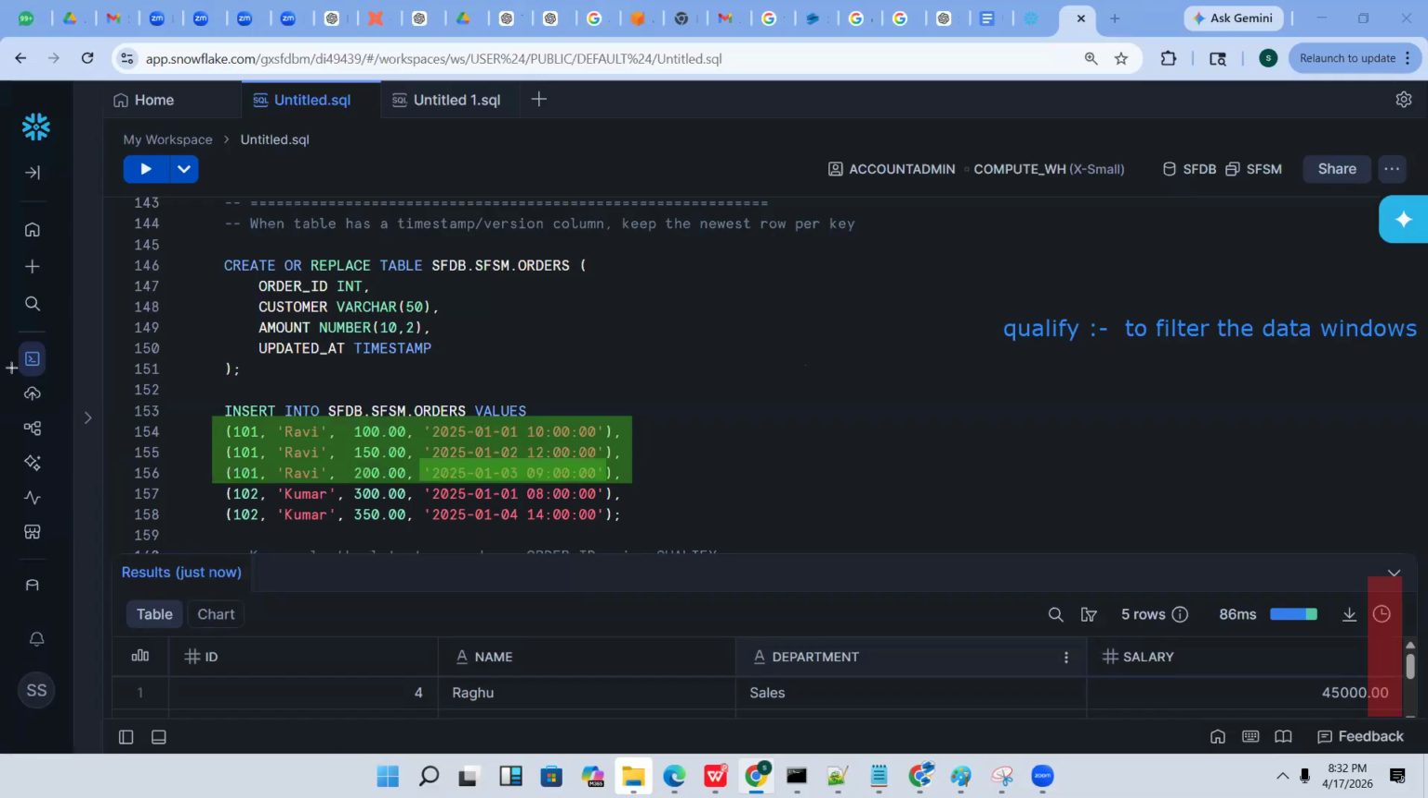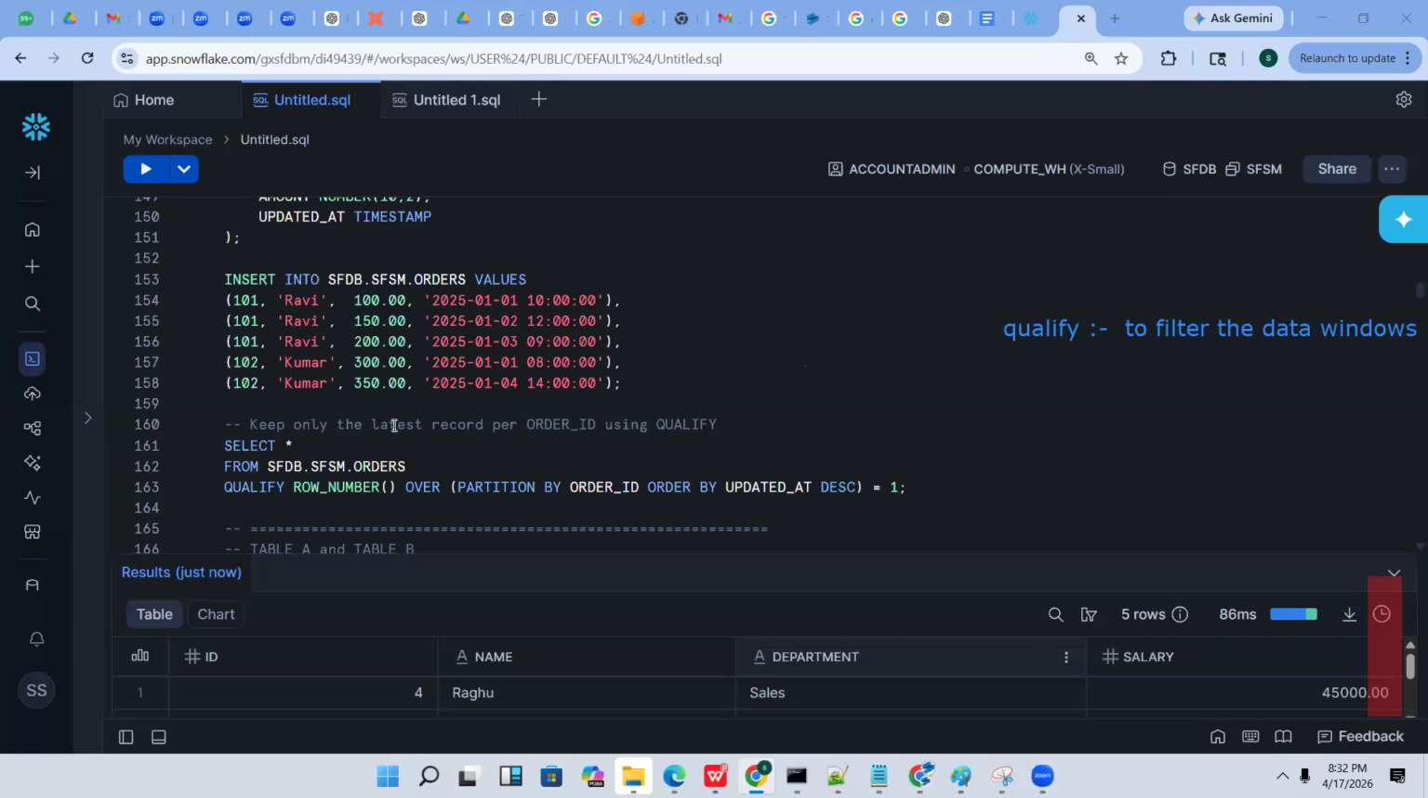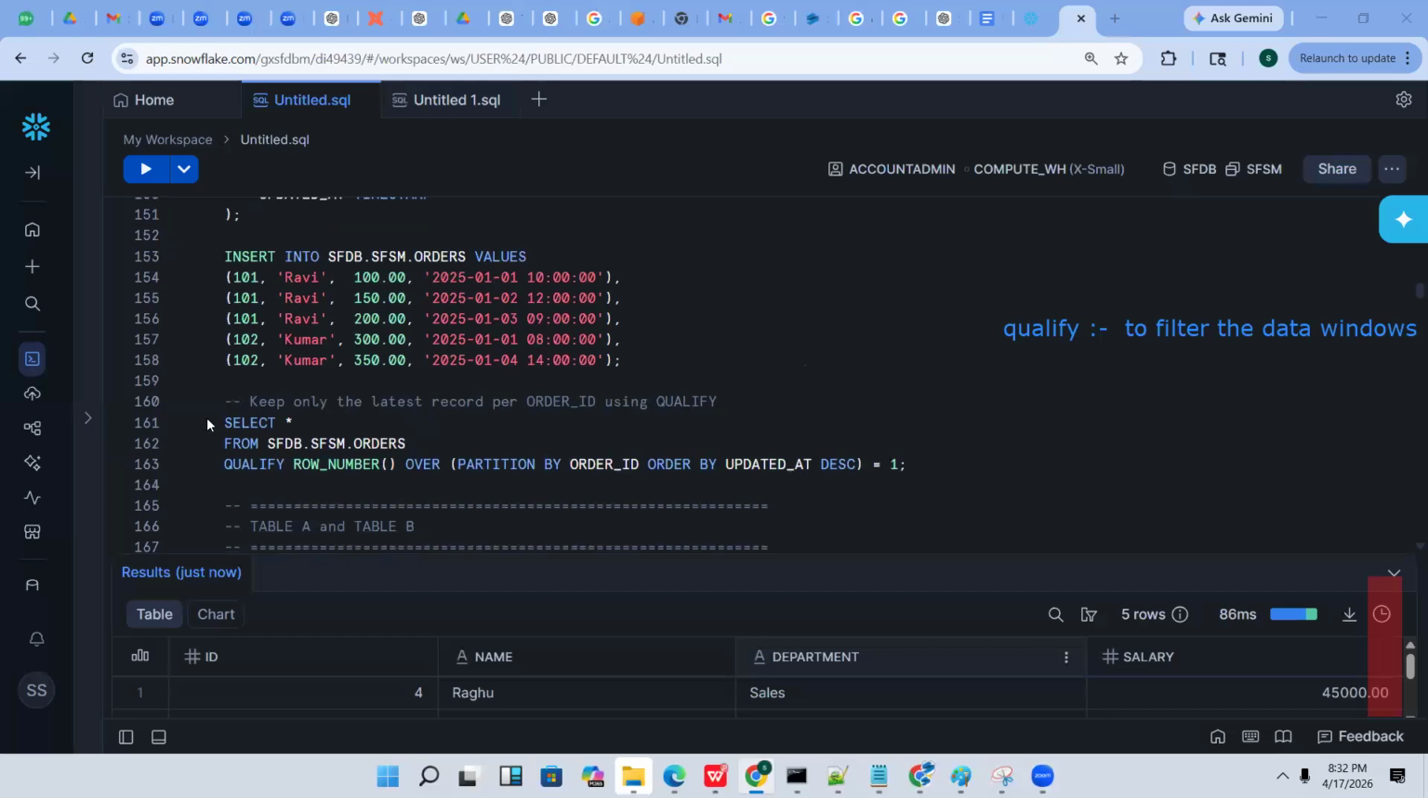So how can we do it? It is also simple, guys. We do partition with the row number. Select star from the table, and the function is the QUALIFY function. In this, I am going to filter row number over partition by order ID, next order by update date. See, if I have an update date here,